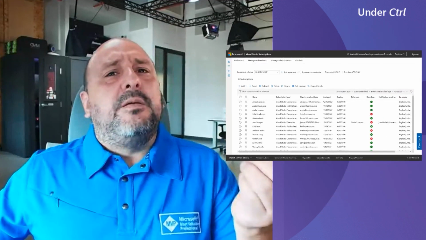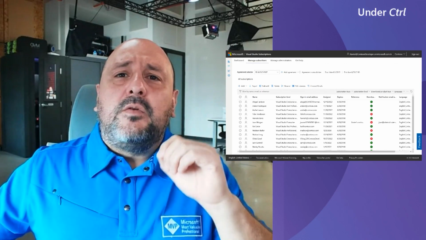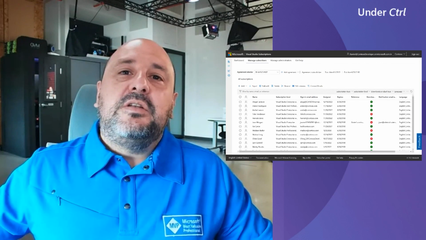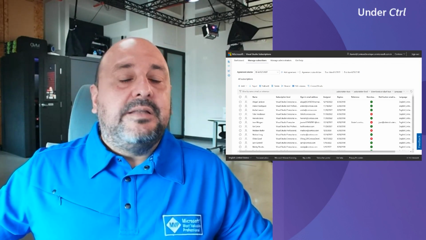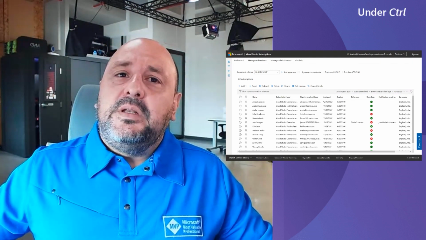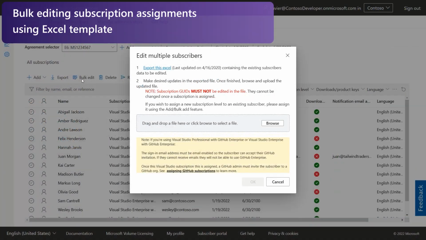Okay, let's see, what other edits might I need to make? Oh, I know, this is one that we've all likely dealt with at one time or another. Say your organization has a domain change and you need to edit everyone's email addresses. That could be really hard if you do it one by one, unless I can do it in an easy way, like this. Let me just click on bulk edit, and in here, in the edit multiple subscribers,